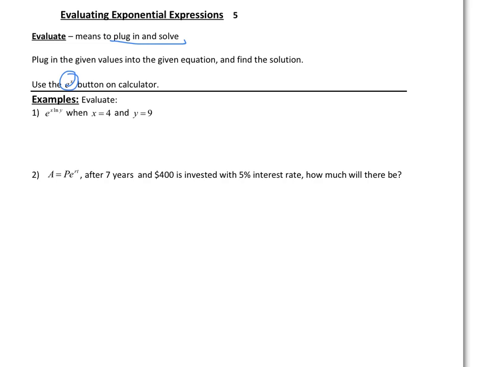So if I have e to the x ln of y, I want to write out what I'm doing so I know where I'm plugging in values, especially if it's a show your work type problem. So e raised to the 4 natural log of y is 9. If I typed it in the calculator,